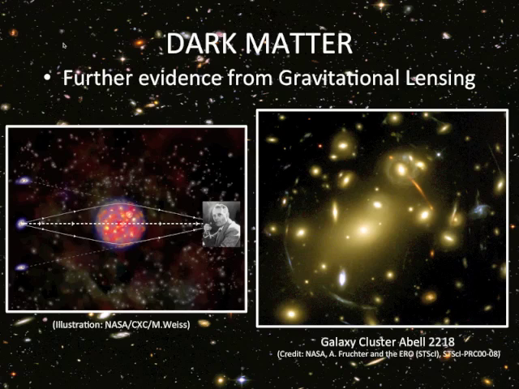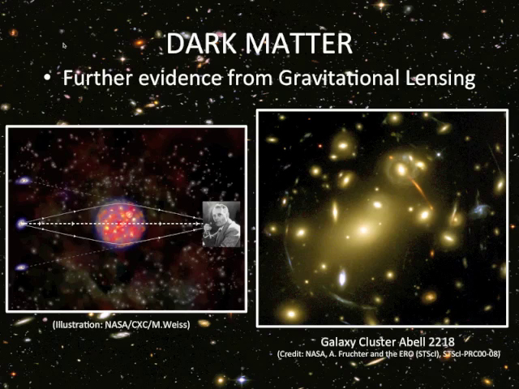So the net effect of this is that if you have an object that's perfectly aligned behind the cluster, you would see basically a ring of light around the cluster, right? And we observe this. This is a real picture of a cluster of galaxies. And you see all these objects that are kind of distorted and bent like little arcs, right? So these objects are not members of the cluster. They're galaxies that lie beyond the cluster, whose light is being bent by the mass in the cluster, right?